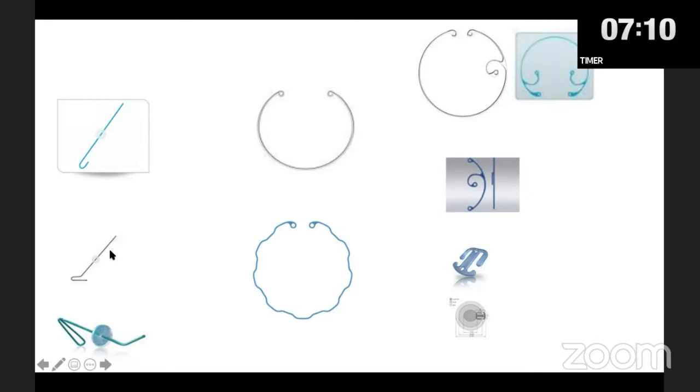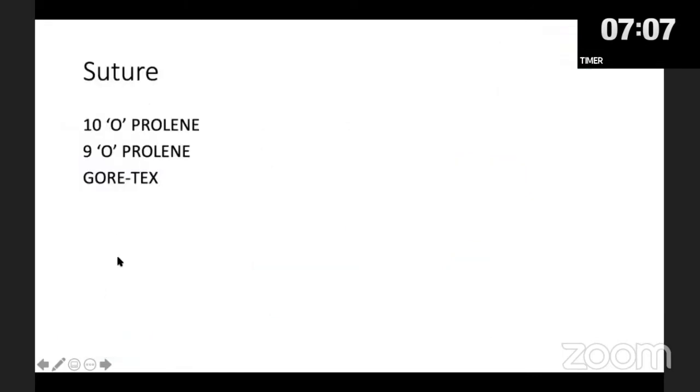And this is the iris hook, the capsular hook. This is a nice capsular hook. For suture material, you can fix the complex with 10-0 Prolene, which is now obsolete because long-term degradation of this suture is very common. Polypropylene is ideal, and Gore-Tex sutures are off-label use and actually not available in our country. Dr. Yamini showed us how to use 5-0 Prolene to fix the CTR, Cionni segment or Ahmed segment.